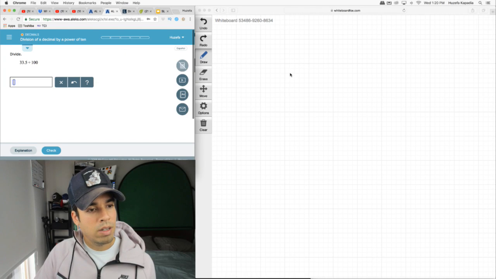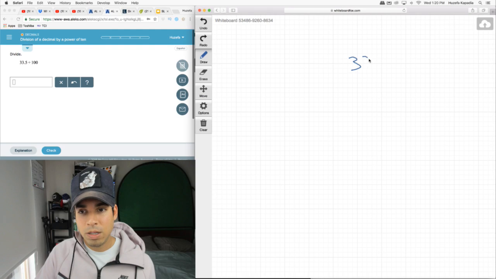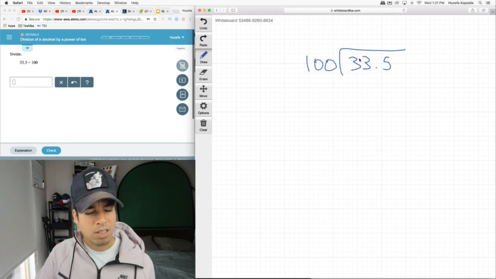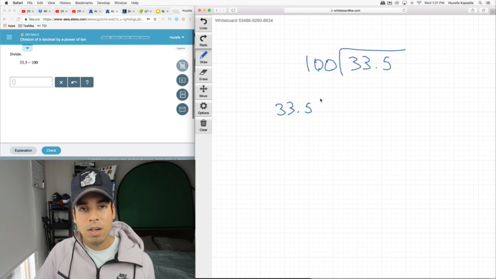So we don't really have to do much here. I mean, we can set up a division problem. If you're ever confused by this, you can set up a division problem and divide by 100 and go through that whole process. But there's a shortcut, okay? When we divide something by a power of 10, we just look again at the number of zeros we're dividing by. And the number of zeros, since it's 100, tells us how many places we move the decimal to the